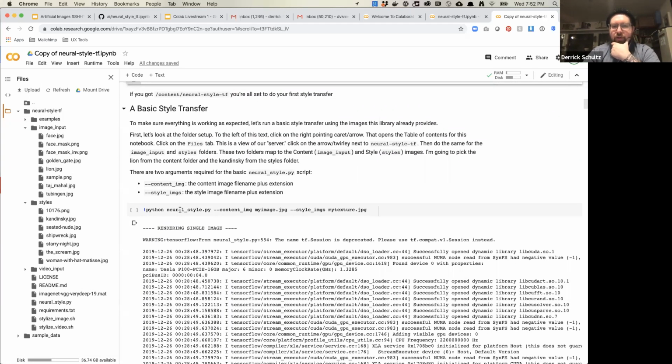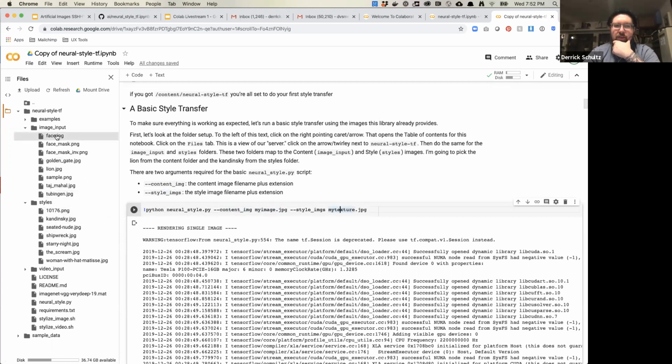Okay, so a basic style transfer. Basic style transfer is really simple. You just run this command, and you've got a content image, which goes after this, and a style image, which goes after this command. These are already set up to read from these folders, so make sure you upload your content image into image input and your style image into your styles folder. So if you come over here, I think sample.png was the one I wanted. So I can just type in sample.png. And then for this one, I wanted 10176.png. And if I run this,